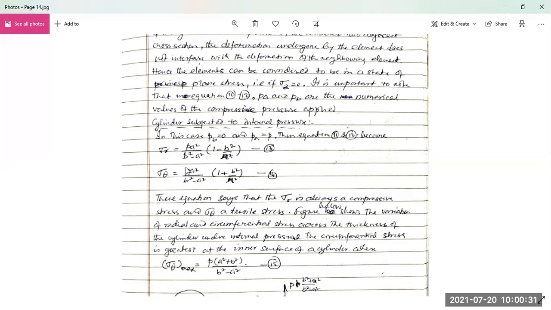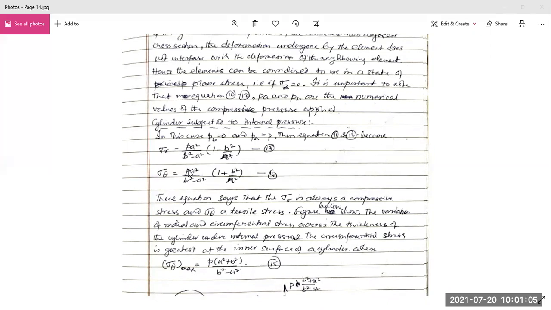If r is equal to a, which is the innermost part of the cylinder, then it will be b square by a square itself, and we have a square minus b square by a square, and sigma r will be equal to the internal pressure P. And sigma theta is P a square by b square minus a square, times 1 plus b square by r square, where